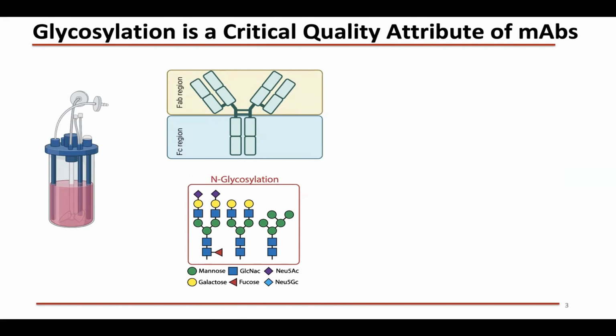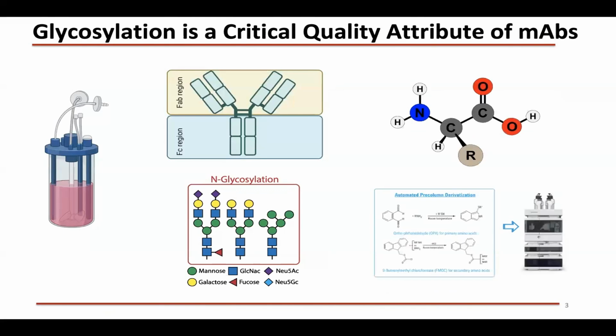These are just some representations of the structures of the common glycoforms that are found in humanized mammalian cell lines. Now, in addition to the glycosylation patterns that we are interested in, we are also interested in the cell culture conditions, often the media composition. And one of the key components of the media that impacts the glycosylation is the amino acid composition of the media. And often some of these kinds of